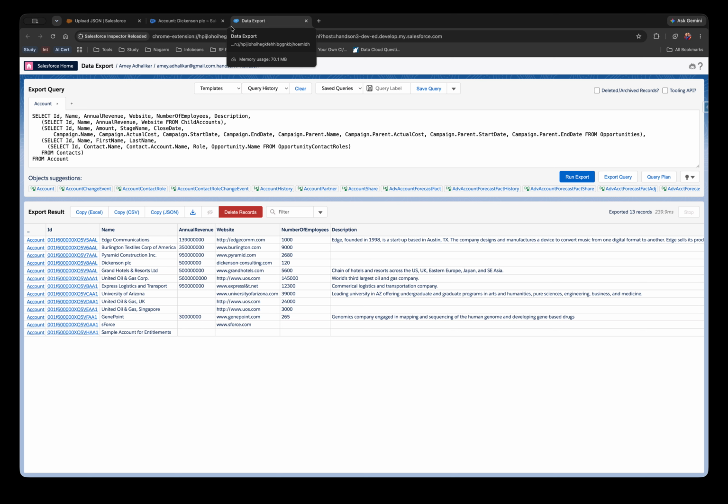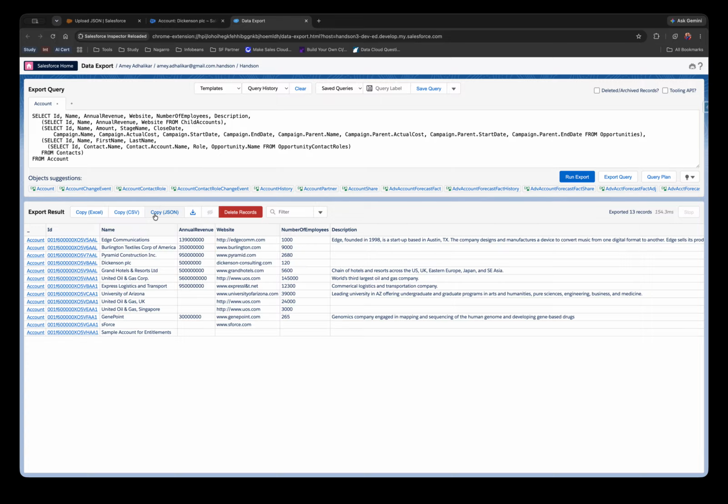So if you want to upload different objects which are related to each other, let's say account, contacts, opportunities, or any other custom objects as well, and you want to do that in one go, you are at the right place. What you need to do is go to your source org and do an SOQL query. In that query, you can specify all the related objects, child objects or parent objects like this, and you